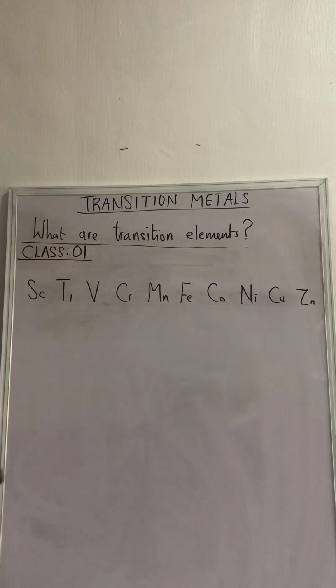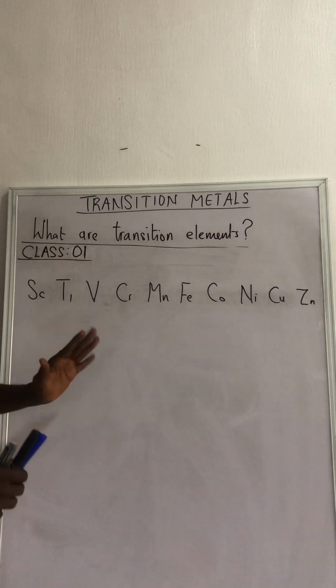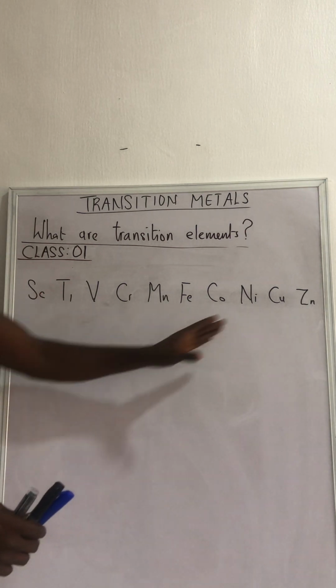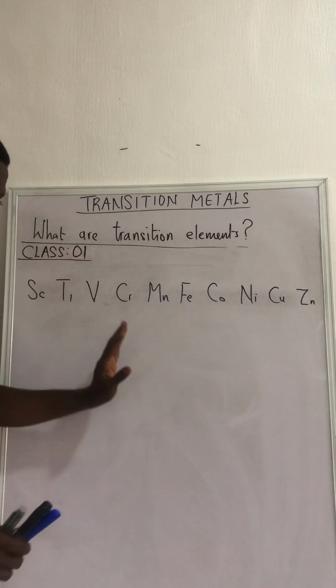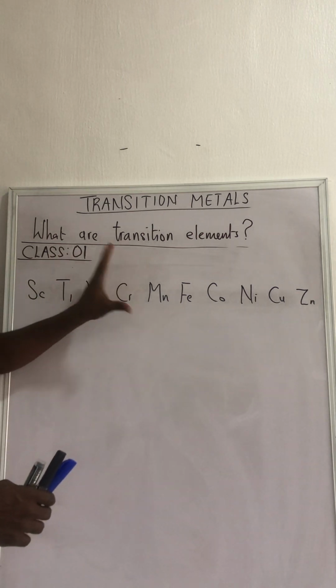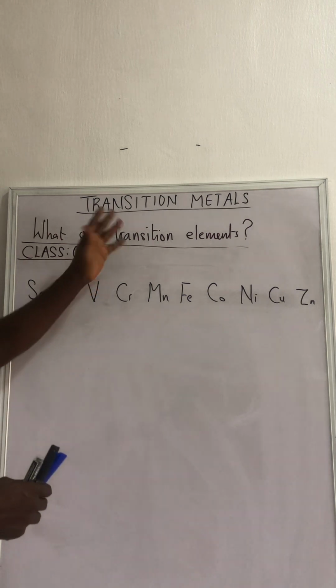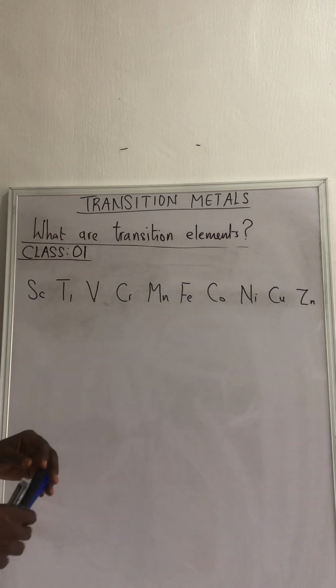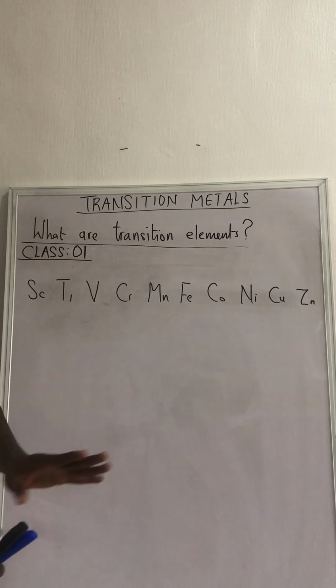When you look at this, from scandium to zinc that I've written on the board, I'm not saying these are the only elements that are transition elements. But when you look at this,